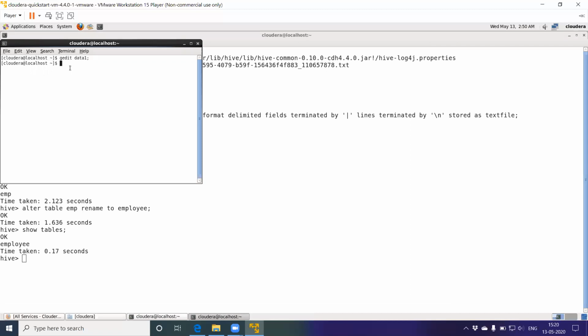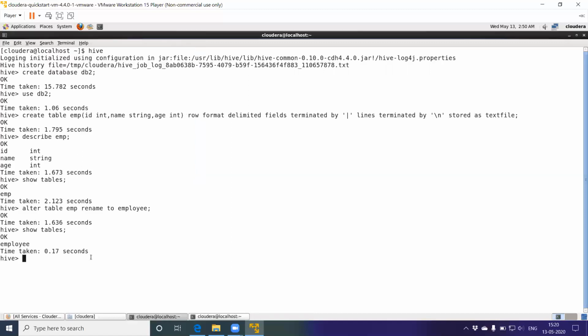Now you can load it into Hive. Go to your Hive prompt and load the data using the command load data local inpath. Within single quotes, I have to mention the path of the file that I have created.